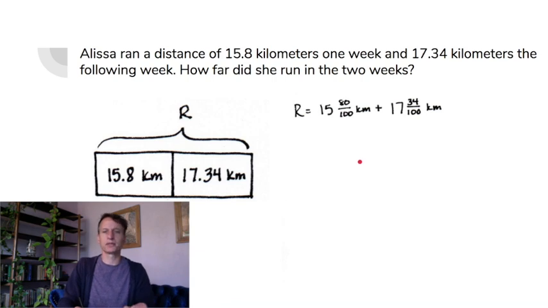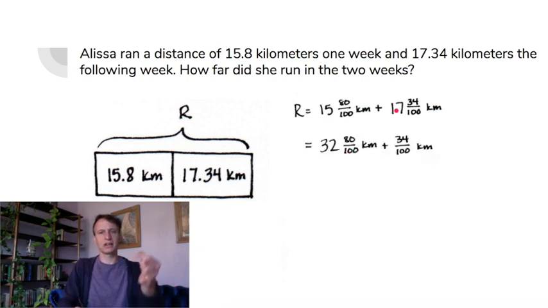Well, there's a couple ways you can do it. Here's how I decided to do it. 15 and 17 are 32. All right, so just do that as a first step. Keep the 80/100 and the 34/100 as they are. And now let's put those together. What do we get? 80 and 34? Yes, very good. So it's 32 and